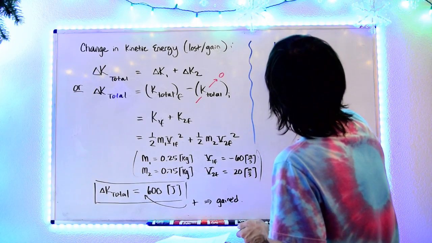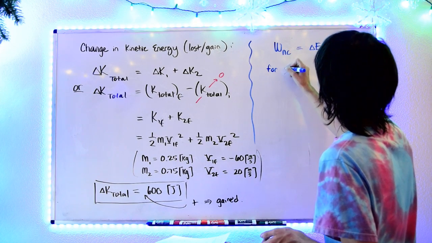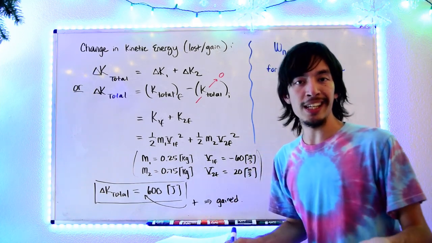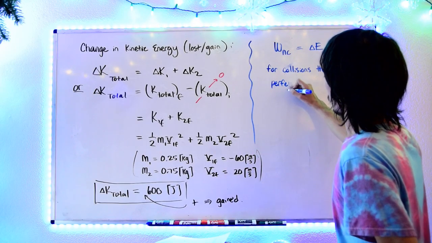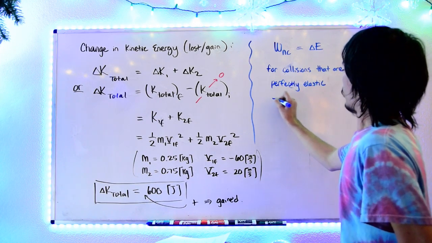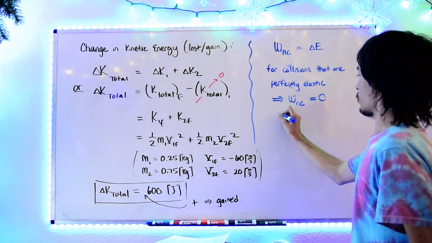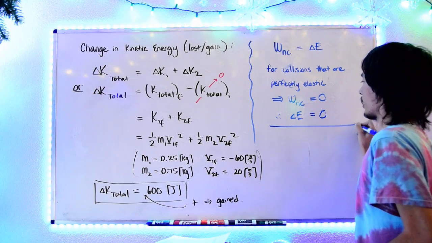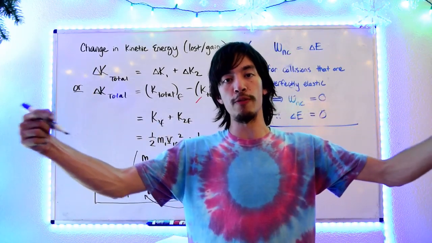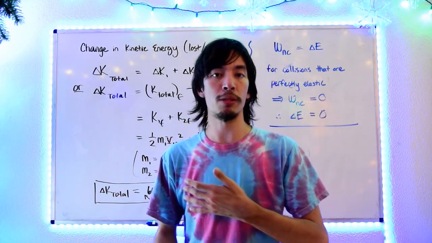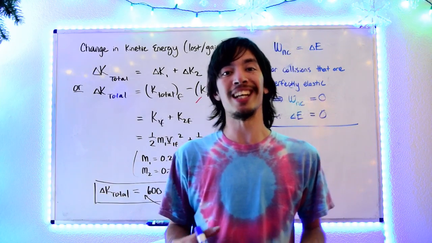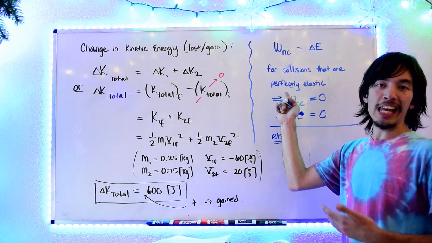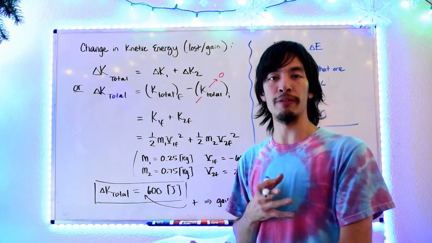So, for collisions that are, I want to say, perfectly elastic, you'll find that the work done by non-conservative forces is zero. So therefore, the change in mechanical energy of the system will be zero. That would then imply, if you're talking about two objects moving along a straight line towards each other and colliding, you could then talk about specifically that change in mechanical energy being a change in kinetic energy of the two object system. Now, else, meaning if it's not perfectly elastic, meaning that there is some degree of inelasticity,